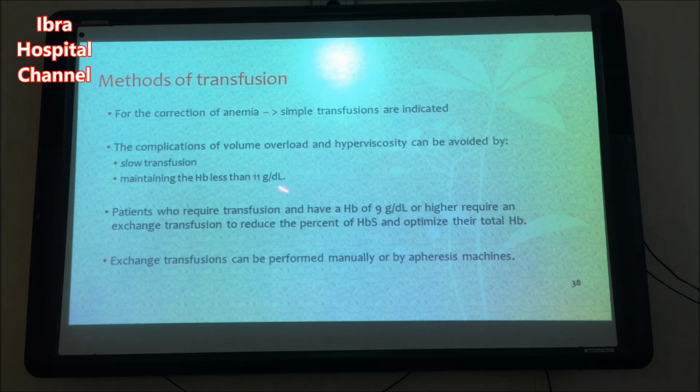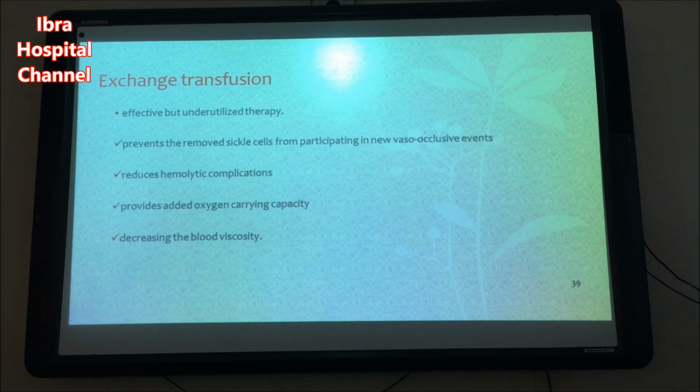Transfusion can be simple or can be exchange transfusion. We'll try to be quick. Exchange transfusion in sickle cell is very effective but underutilized. Do you do exchange transfusion here? Yes. Manual or automatic? Manual. Exchange transfusion prevents the removed sickle cells from participating in new vaso-occlusive crisis, and it reduces the hemolytic complications. It provides added oxygen carrying capacity,